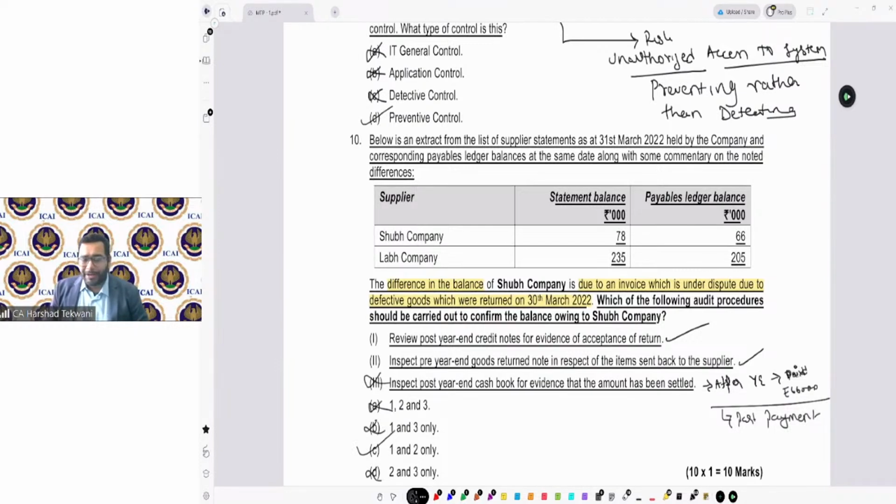Any doubts with respect to the answer to this question or any of the questions discussed till now? No? Okay. If no doubt,